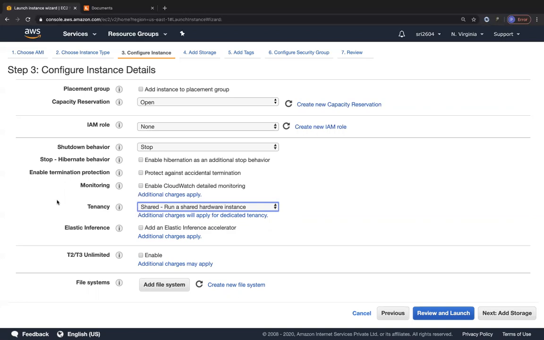There is also one more configuration over here called dedicated instance, and the dedicated instance would be single tenant in nature, not multi-tenant as shared. So that dedicated instance would be used only for your purpose, and you will only be having the dedicated instance for your own purpose, if you want to have some kind of licensing requirements and so on.